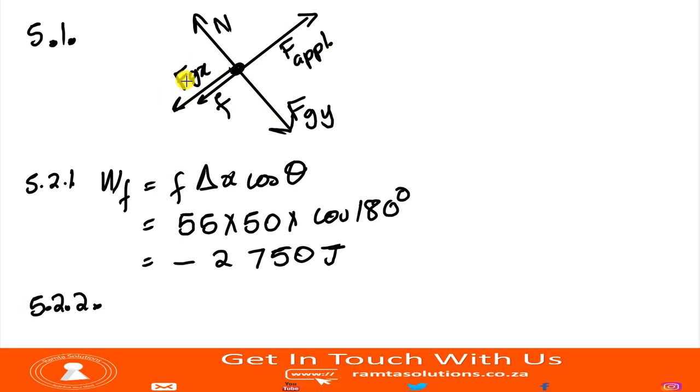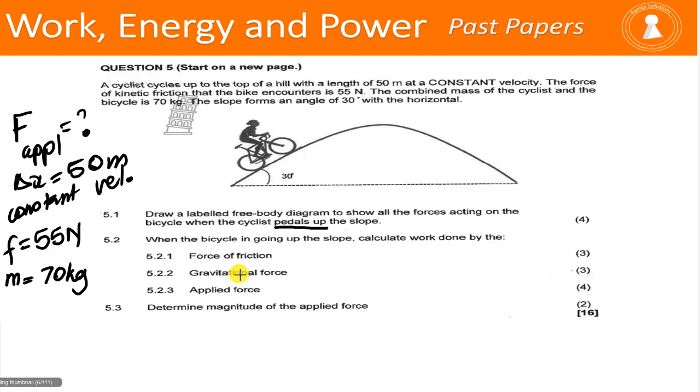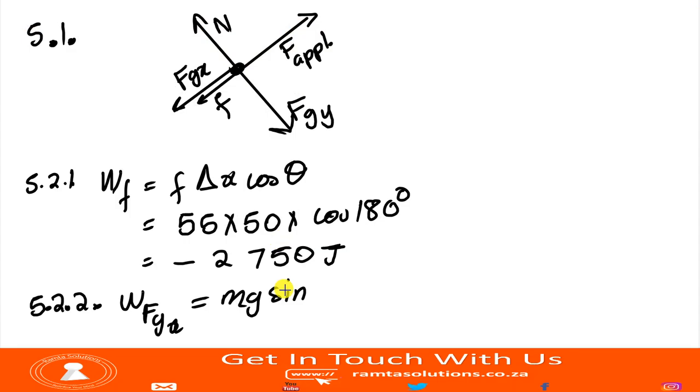So work done by Fgx is equal to, we still remember, mg sine of the angle of the ramp. What is it? 30 degrees. Mg sine 30 degrees, delta x cos